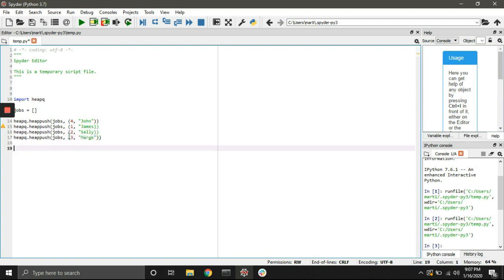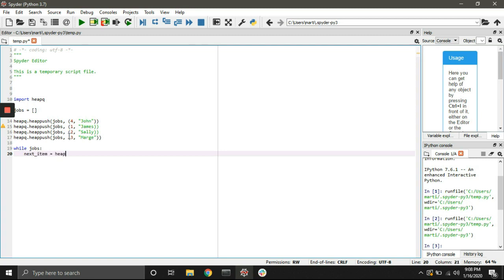Now, if we wanted to access this information, we can also see how this is sorted in the array by using a Python while loop with the array. And let's define this: while jobs, meaning while there are still elements within our array, we're going to assign a variable next item